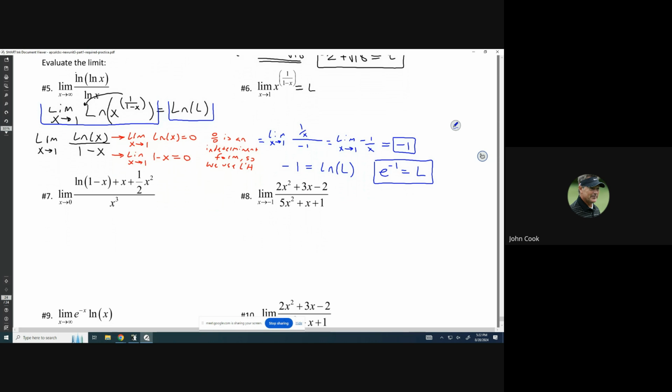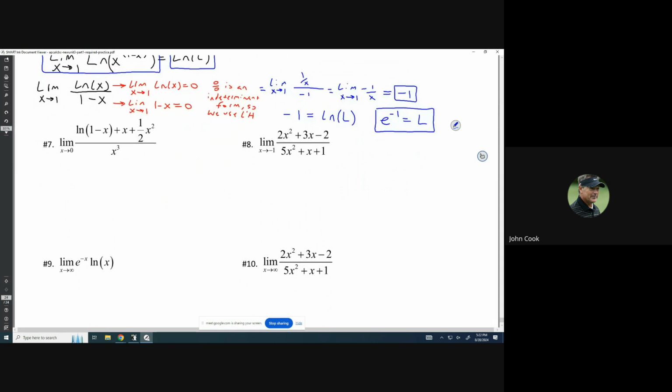Okay, I think I'll stop here for this one. So we did number 5 and number 6. For number 7, if you can spot a really easy simplification, it's really simple. Other than that, you'd need to do L'Hopital's rule a couple times. I'll show you how to get the really easy answer with it, though. So let's do number 7 and number 8